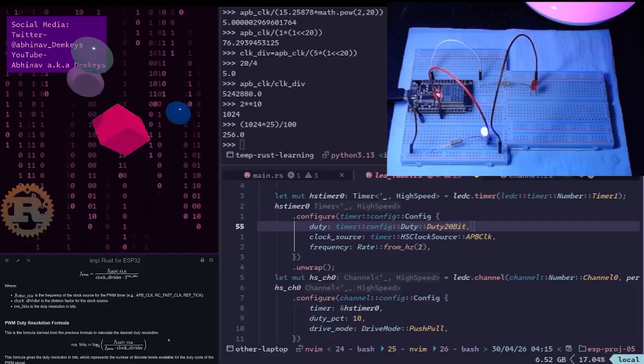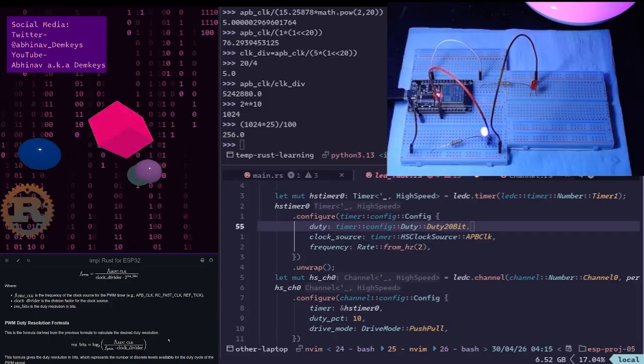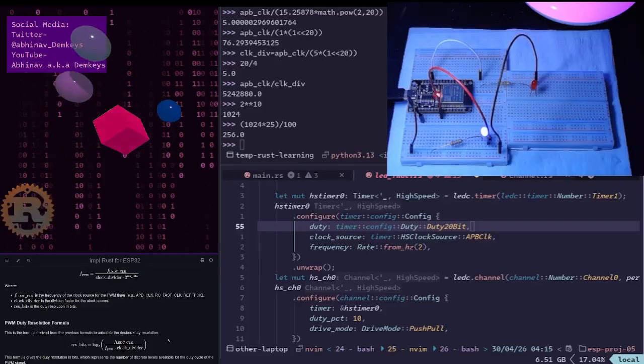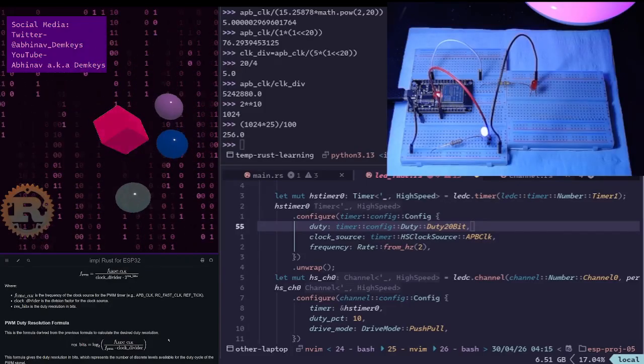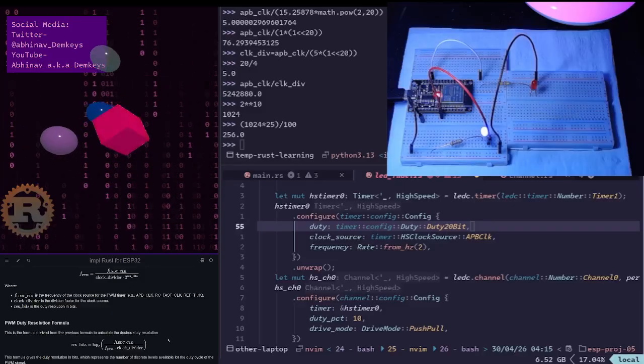I don't know what our max resolution should be, because one of the things that I learned as I was exploring how all of the math surrounding this works is that you have a couple of variables that you need to